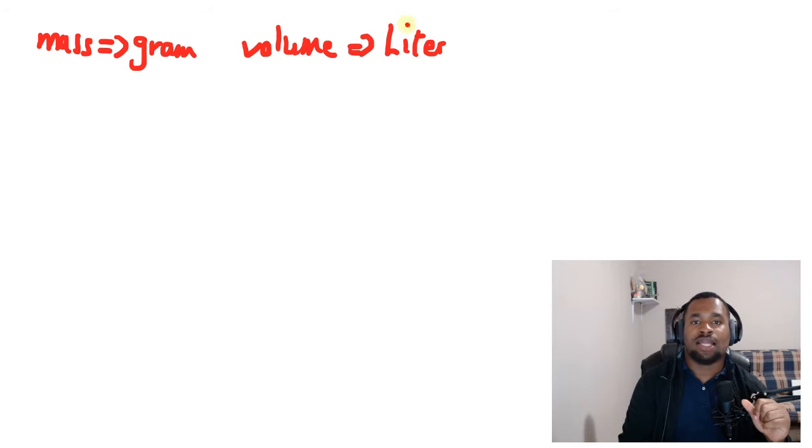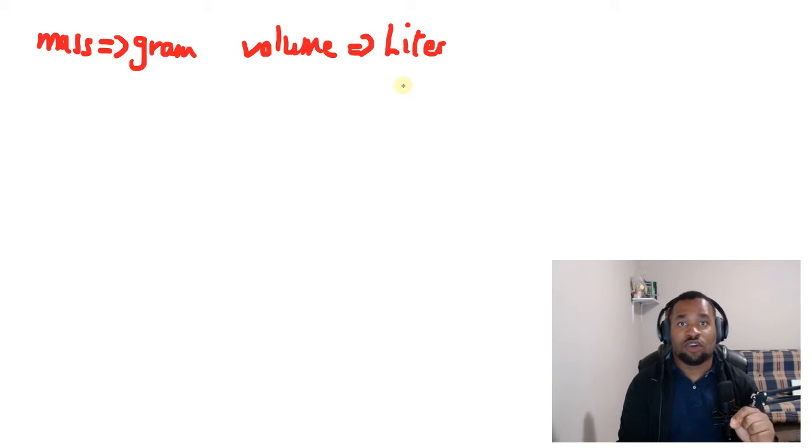an object. So for example, here we looked at mass, and from mass we're able to know that the unit used to measure mass is called grams. And we looked at volume, and we said that the volume of an object can be measured using a specific unit called liters. And for our specific video now and moving forward, we're going to be looking at the third